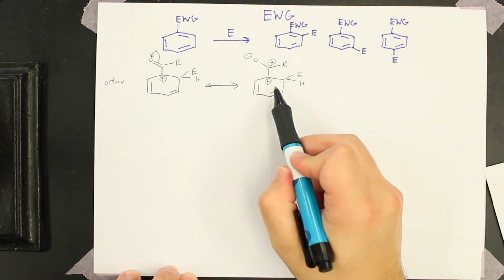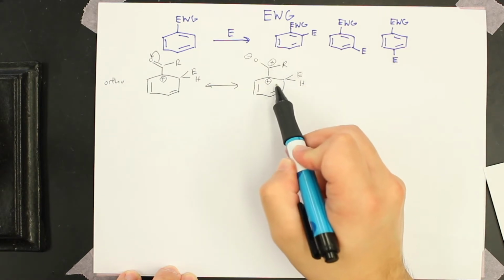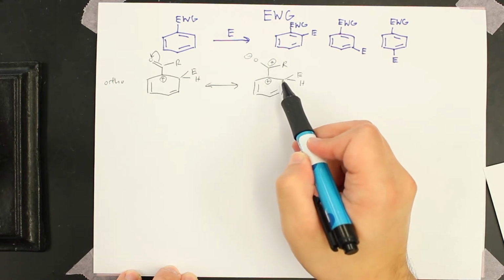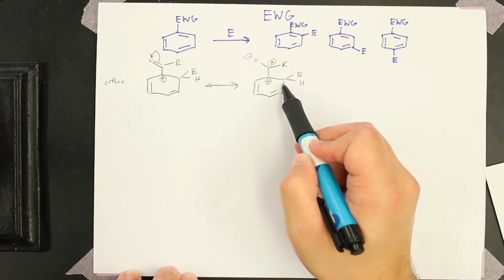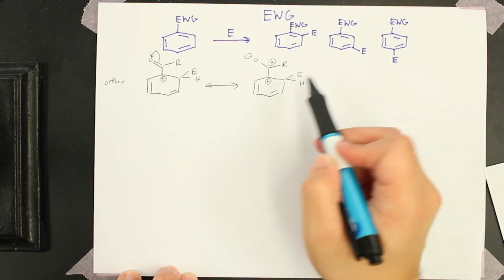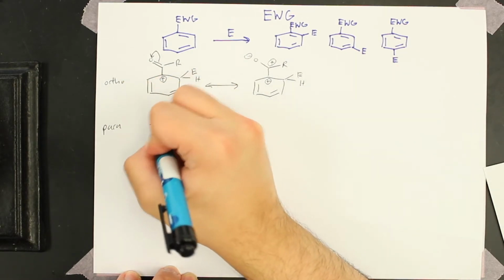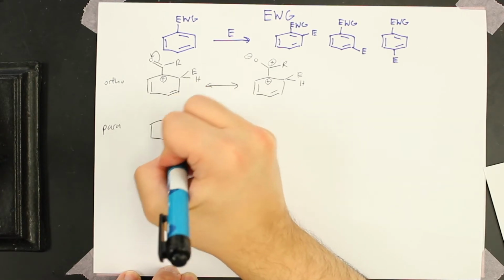Okay. And in this case, you can see that we have two positive charges that are on adjacent carbons, and this is very unstable. So this will actually increase the activation energy to form this intermediate. So that's a destabilizing factor. Para is a similar story. So if we have a para substitution,